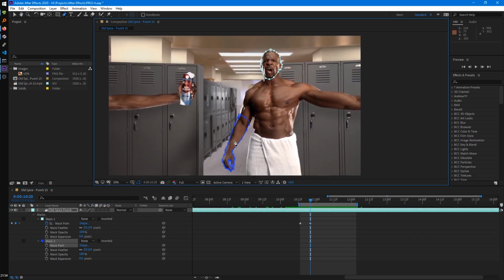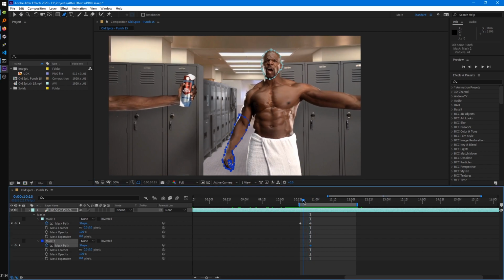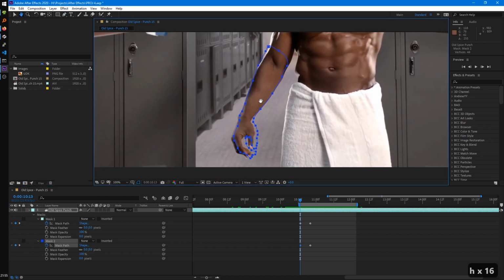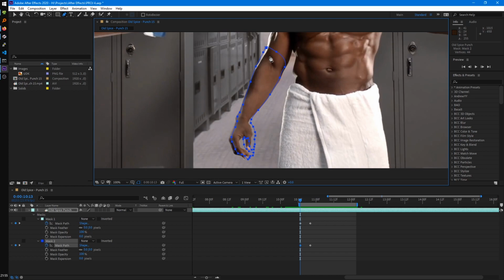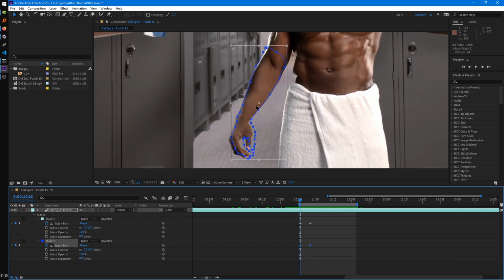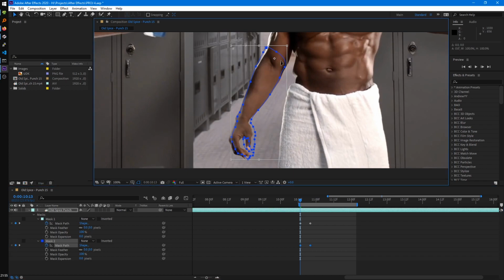Now let's say we wanted to animate this mask path as well. So let's enable that and just scrub back. Create another keyframe there. So you see his forearm, it hasn't really shifted that much up here, but it has more down here. One way we can account for that or make it easier when we're animating our mask is if we press Control T. We have this little anchor point in the center right now, but we're just gonna move it up here by dragging it. And then we can just rotate this mask,